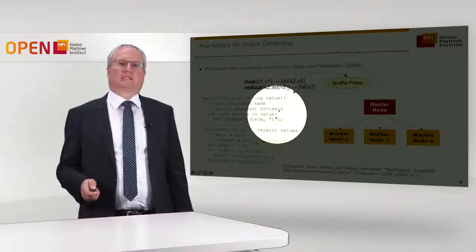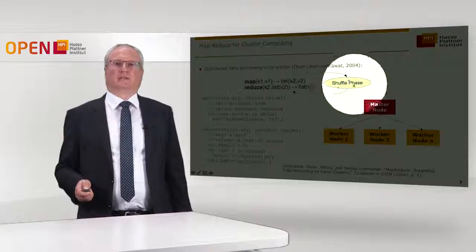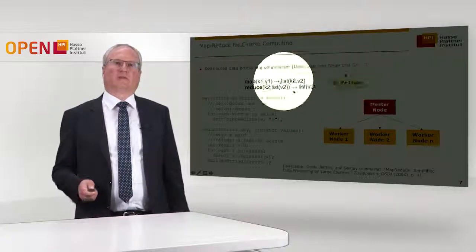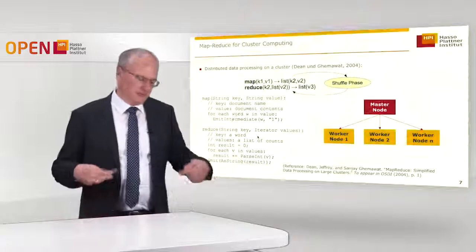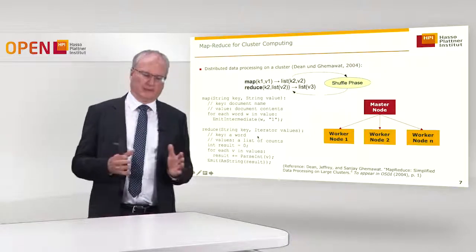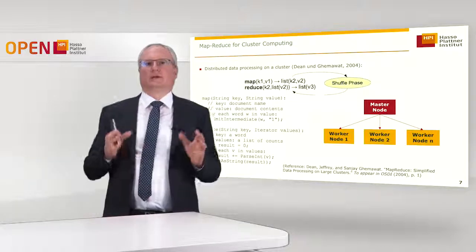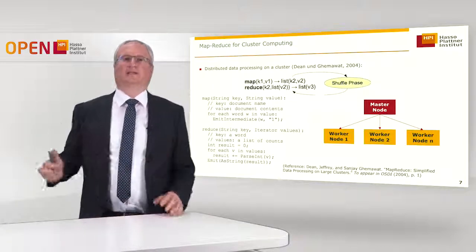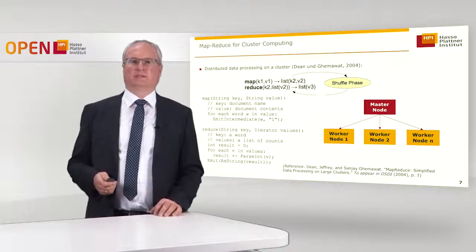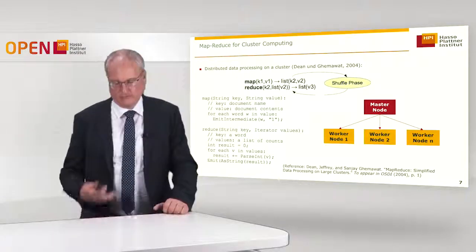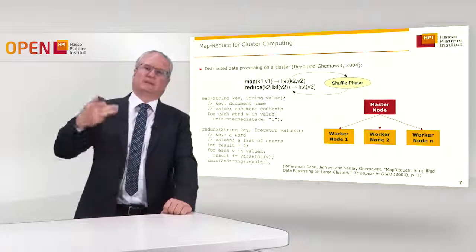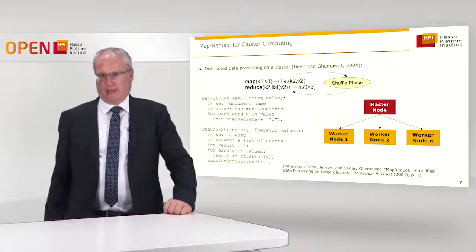And then the data is collected and distributed again, which is called the shuffle phase, which is always between the map and the reduce phase. And then in the second step, the nodes start to aggregate for each different key the counts that they have obtained in the first iteration. Okay, so that is the basic structure. In the first step, first it is mapped and then it is summed up and aggregated.